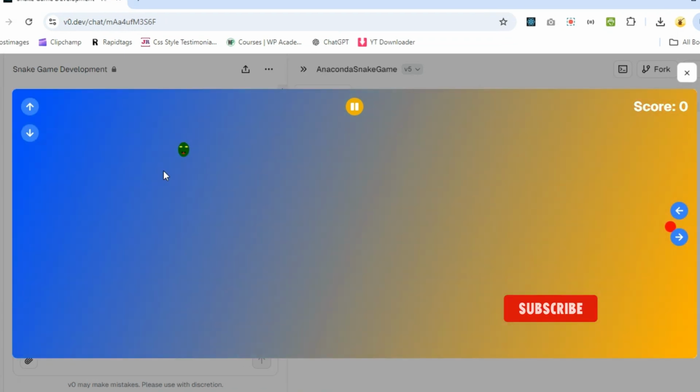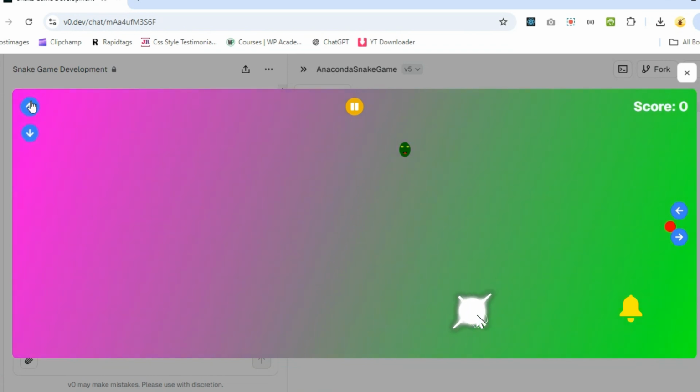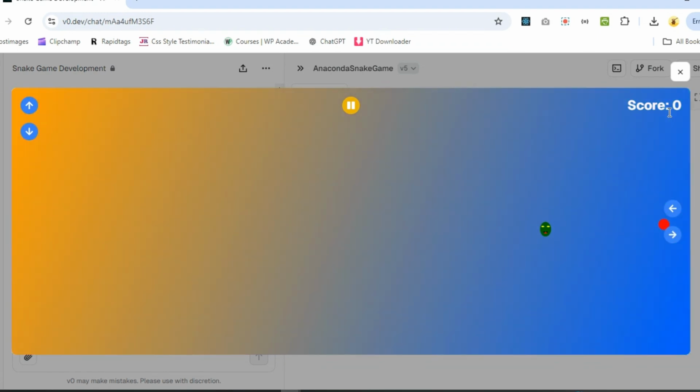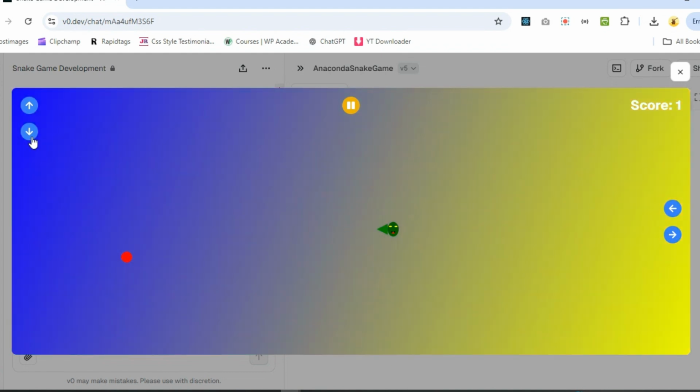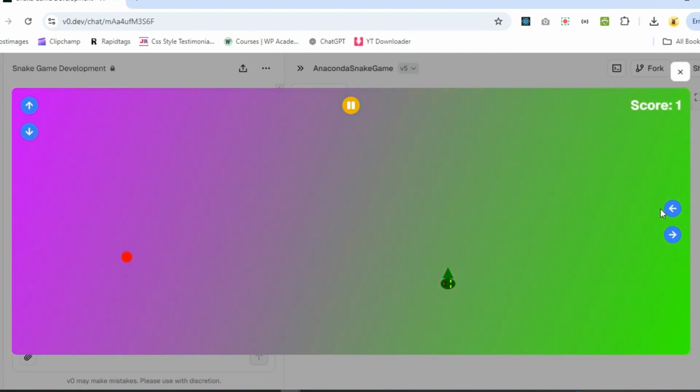You can see it's like an anaconda, and here is the apple. Then go down, move here. You can see the score is 0, and there is a nice sound inside it. The score is ahead, and the apple is here. Now we go down and right,